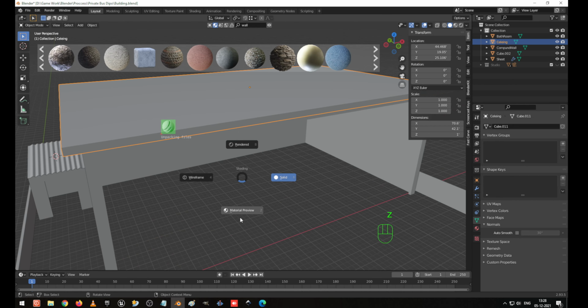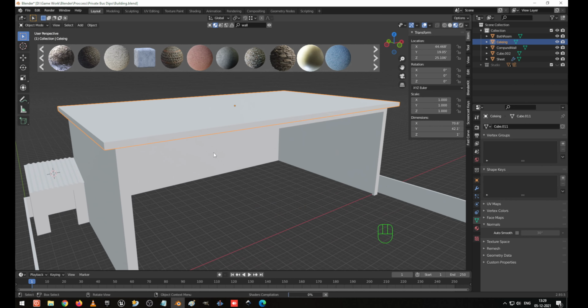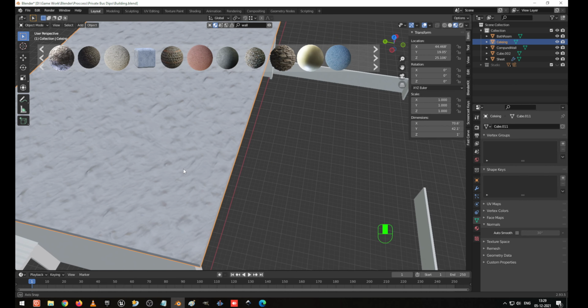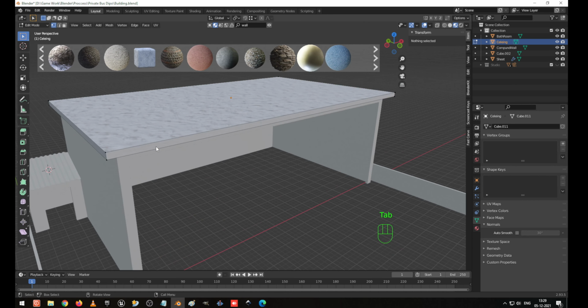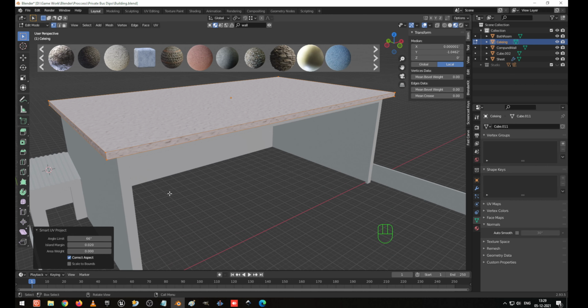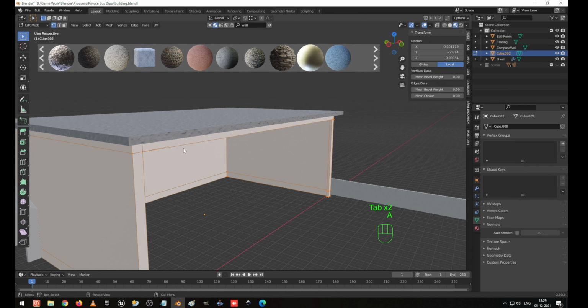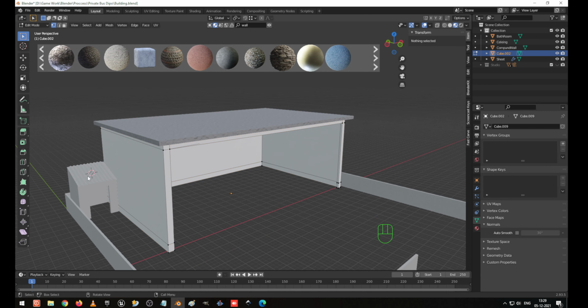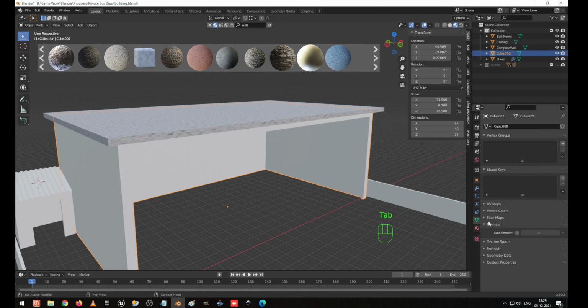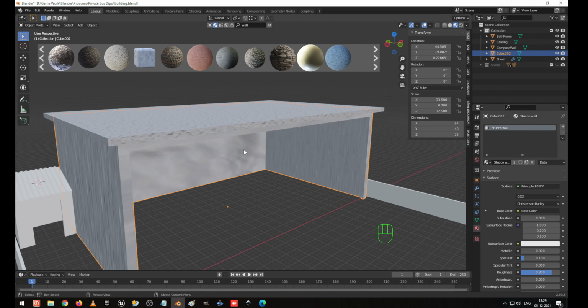Okay, I go to the material preview mode so we can see how it looks. We have to do some unwrapping for everything. Select everything, U, Smart UV unwrap. Okay, that is also okay. And for this one, go to edit and U, Smart UV unwrap. Now this also I'm going to give the same material color, stop wall.